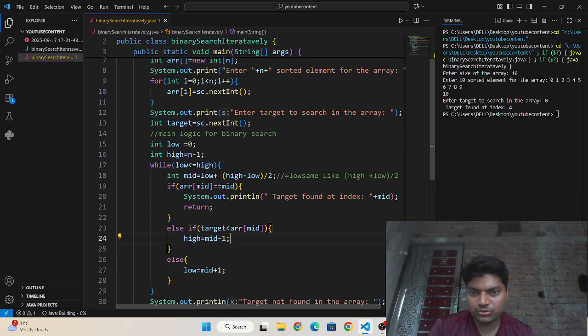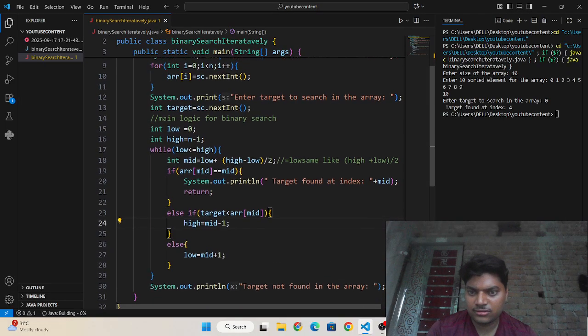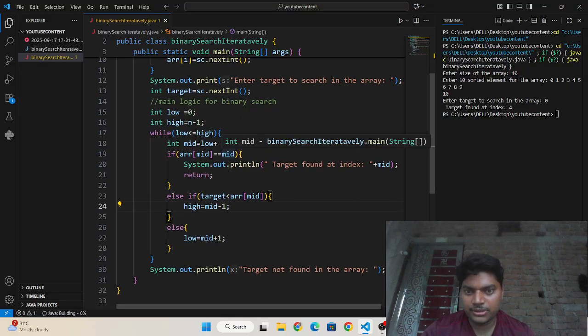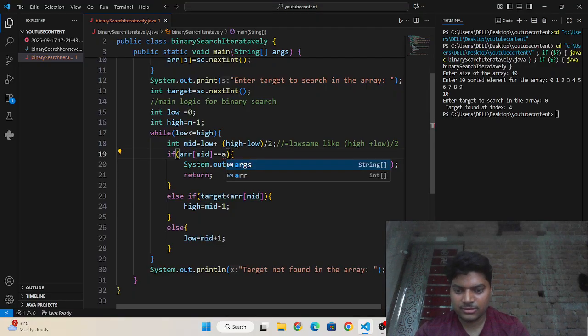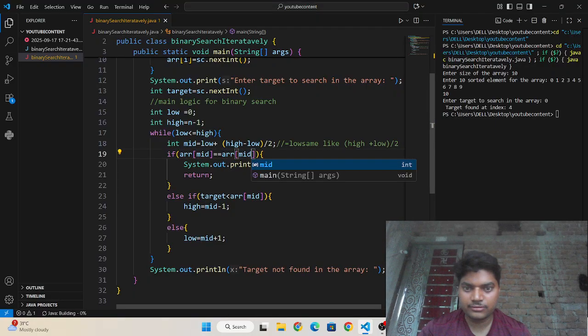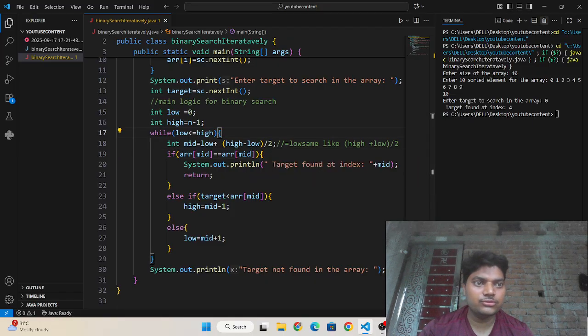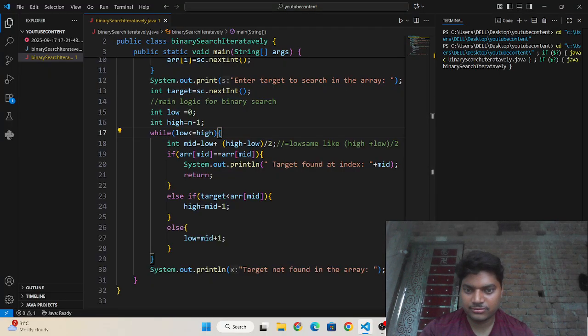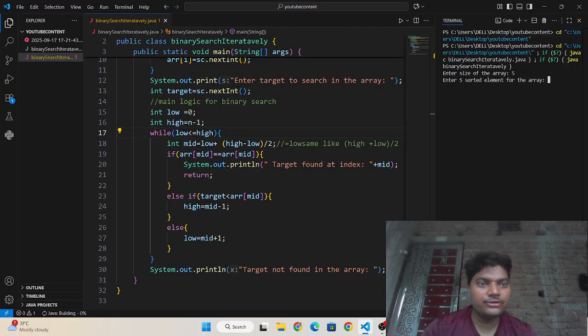Mid is equals to, okay, done. It should be what? ARR of mid. Okay, now I'm going to run it. Now I think it should print correct result.